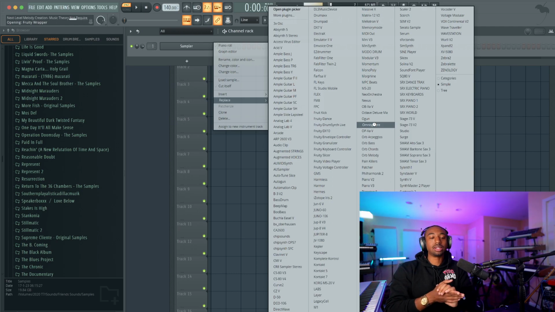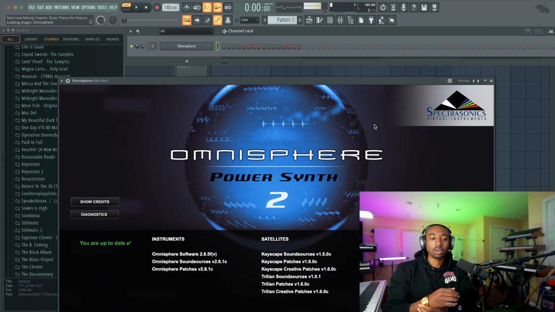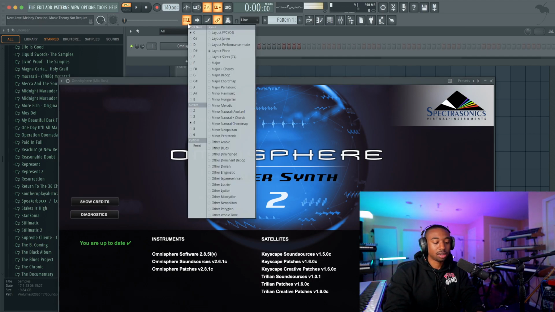Now the key to this technique is that we're going to use a 5-note or a 6-note scale, it's called. Even if you don't know what a scale is, I'll show you what that means. So if you right click the typing keyboard, let's say you want to type your melody out on your typing keyboard, use this button here. And we're going to switch this to whatever root key you want. Usually I'm in octave 4.